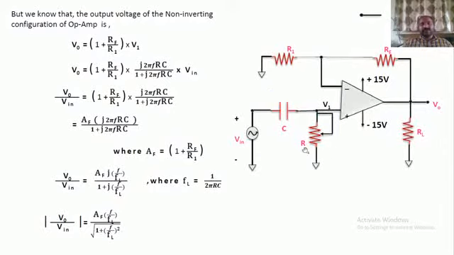Now, in order to realize whether this particular circuit is a first order circuit, or whether this circuit is acting as a high pass filter or not, again I am concentrating on the final equation of my circuit. I would like to take different values for the input signal frequency and substitute them in this equation, so that we will come to know whether this circuit is acting as a high pass filter or not. So similar to the previous one, I am rewriting the same equation in the next slide.